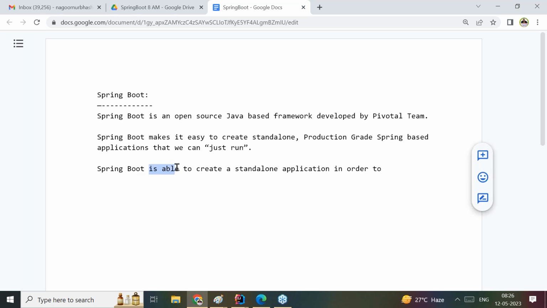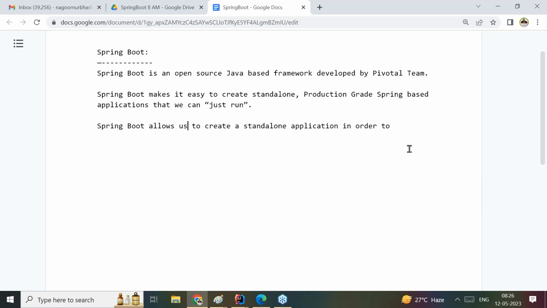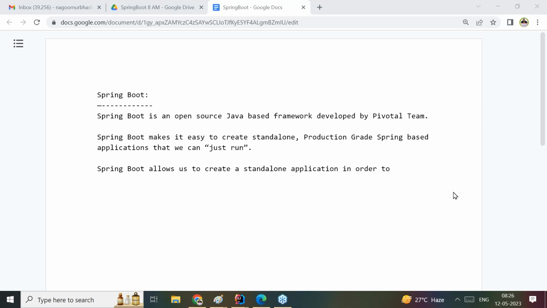Spring Boot allows us to create a standalone application in order to create any type of enterprise application. Any type of enterprise applications like web applications, distributed applications, and so on,